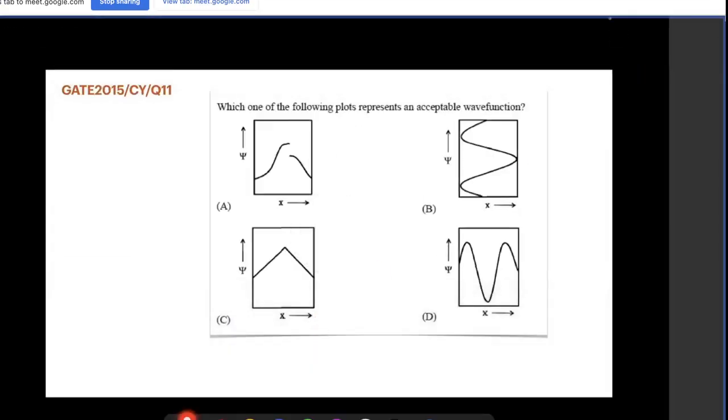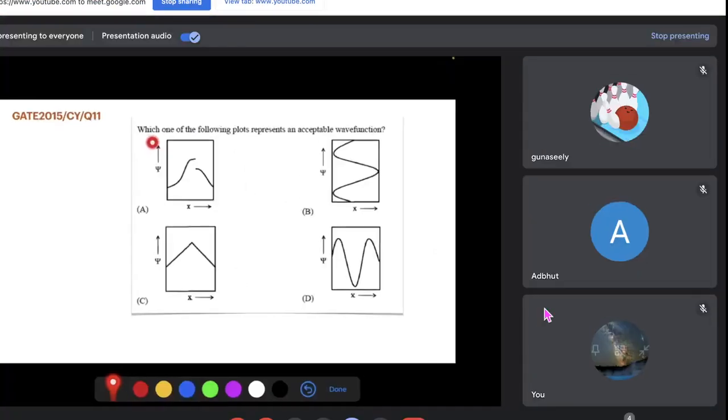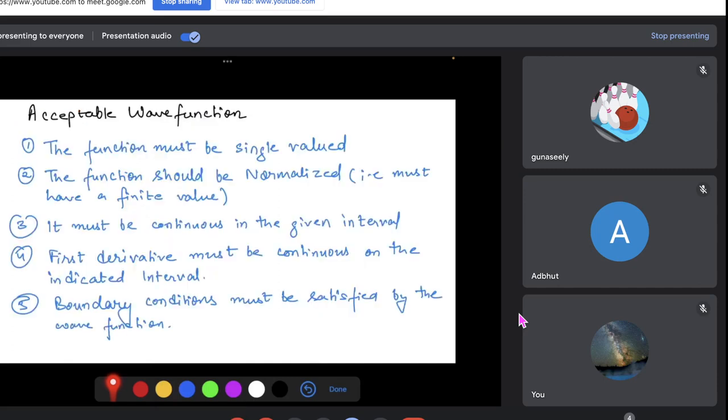Question number 11. This question states that which one of the following plots represent an acceptable wave function. So we are given 4 different wave functions A, B, C, D. Before moving into the correct option, let's discuss some basics. For an acceptable wave function, we have the following conditions to be satisfied by the wave function for the particular